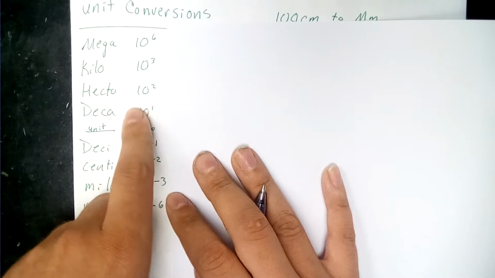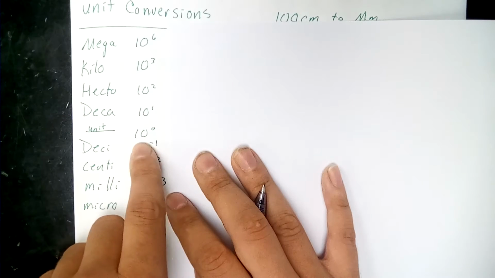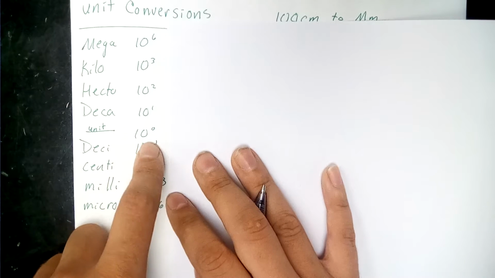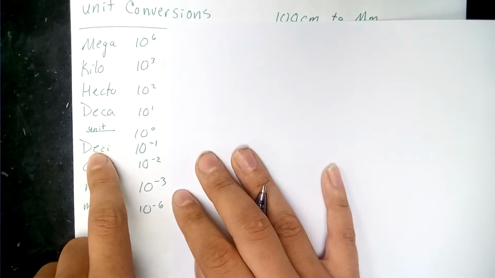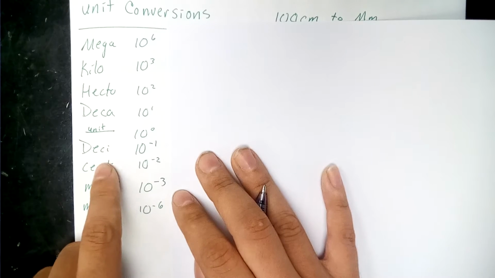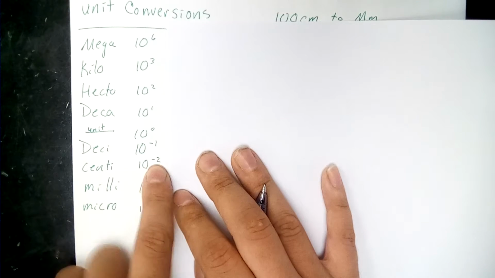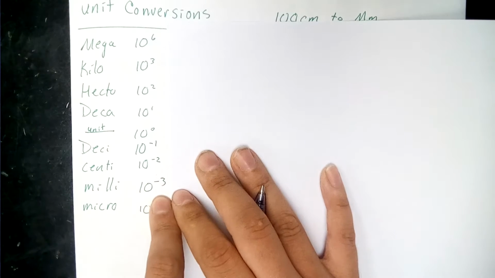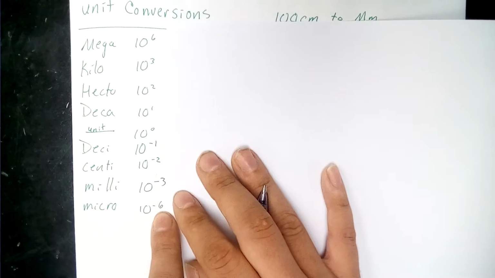Then hecto is 10 to the 2nd, deca is 10 to the 1st. The base unit is 10 to the 0, which is actually 1. Like 10 to the 0th power equals 1. Then deci is to the negative 1st power, centi to the negative 2nd, milli to the negative 3rd, and micro to the negative